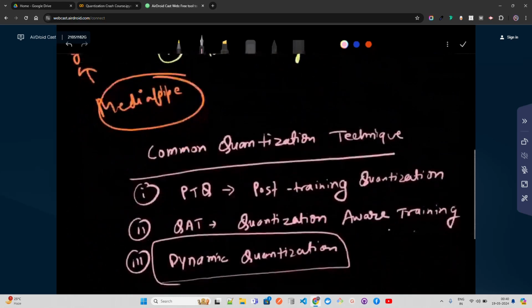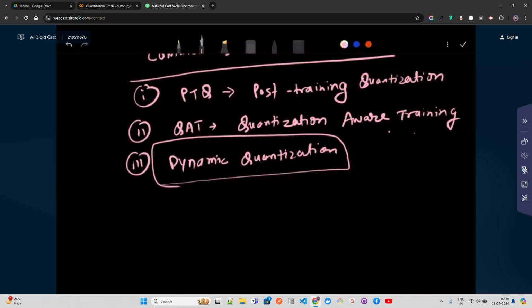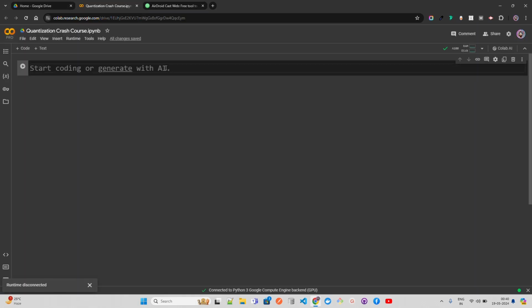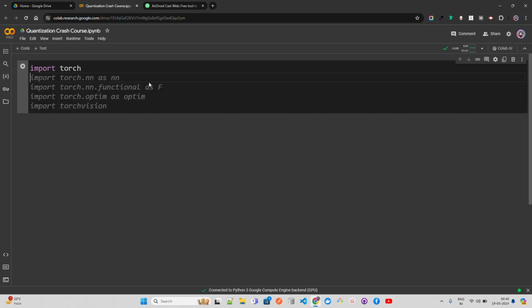But let's try to see how we're going to at least start looking at the quantization from a code perspective. I'm going to go here on my Colab. Okay, so let's import torch. You can see I am already on an A100, because I will also show you, from a simple neural network to a complex large language model, how you can quantize. Let me just show that.